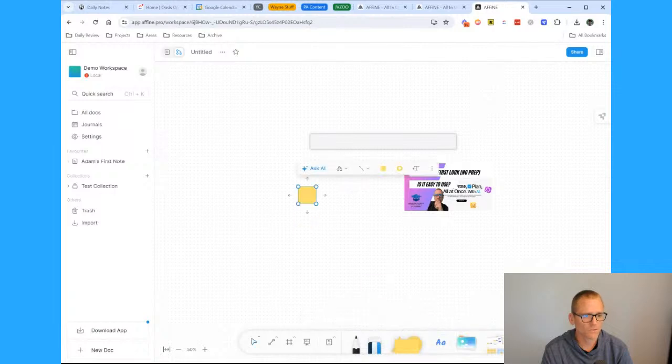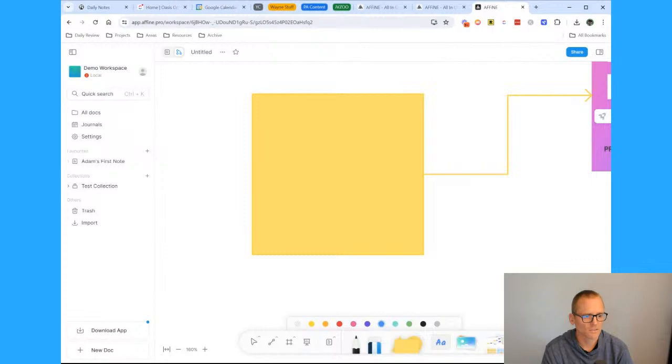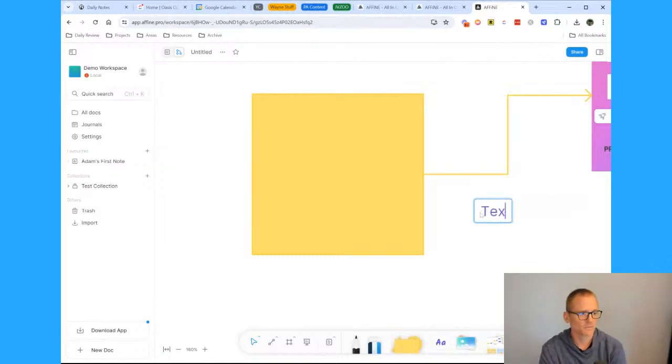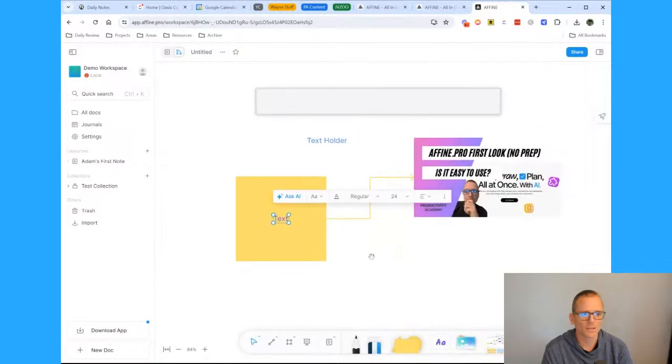Let's just put a square on there. All right. And then we can connect it over to the screenshot. And I'm going to put some text in there. Am I? Don't know if I am. Let's zoom in and see if this is possible. Text, I'm going to do text in blue. It's interesting. It won't go in there. Let's try that again. Now maybe I can select it and put it in there. Okay, so not sure why it wouldn't let me do that right away, but you can add that in there